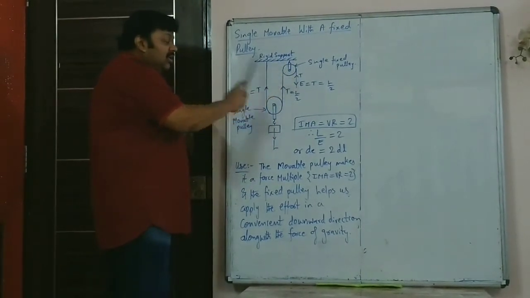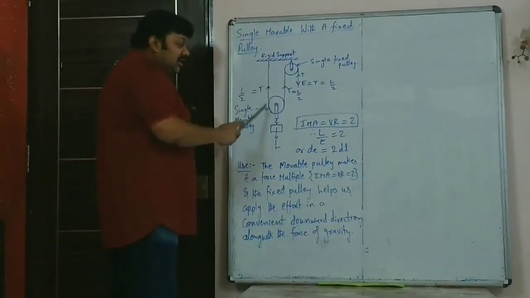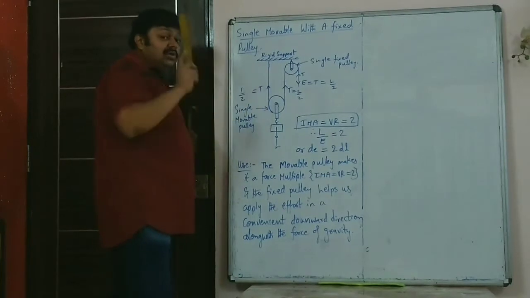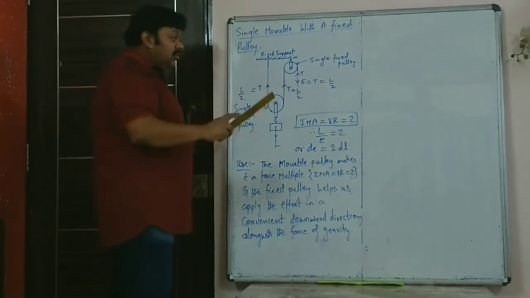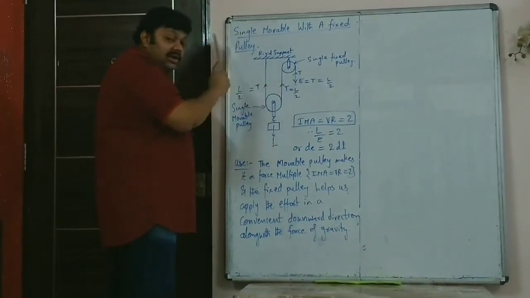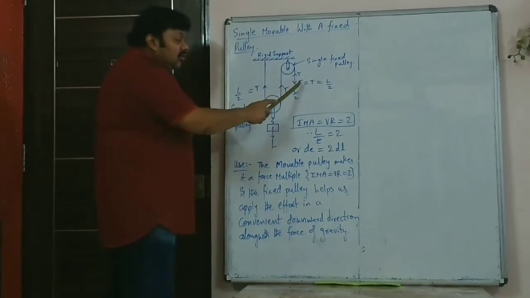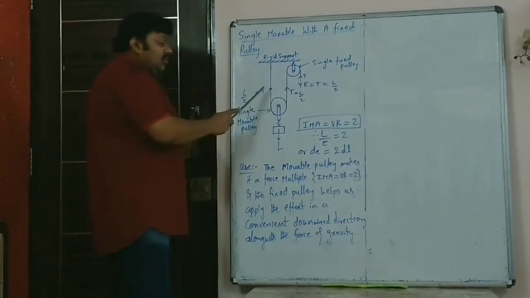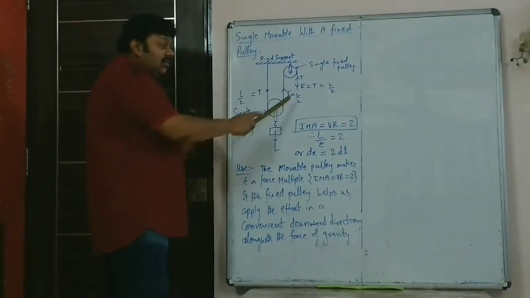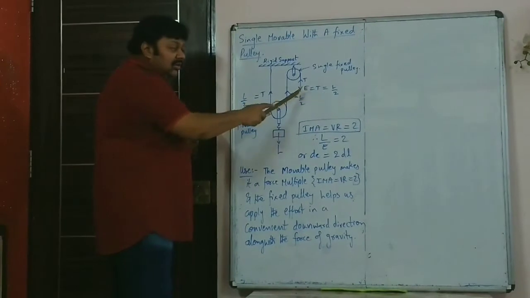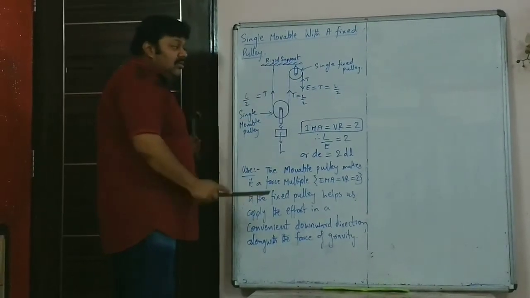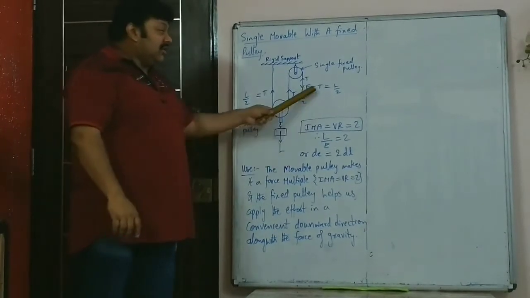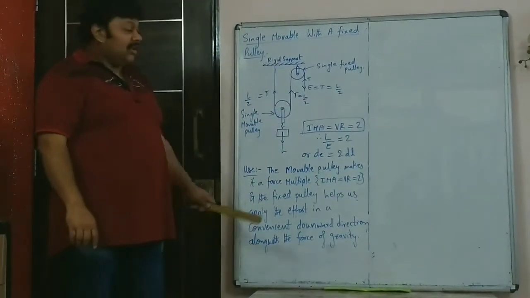Now this rope is going on the other side. It is the same single rope. So the tension in all the ropes will be the same because it is one single rope which is going along the entire two pulleys. So effort and tension are the same. It is equal to L by 2. So the tensions are all marked up. Here the effort is down. That is the use of the single fixed pulley. Effort will be L by 2. So nothing changes except the direction in which the effort is applied.